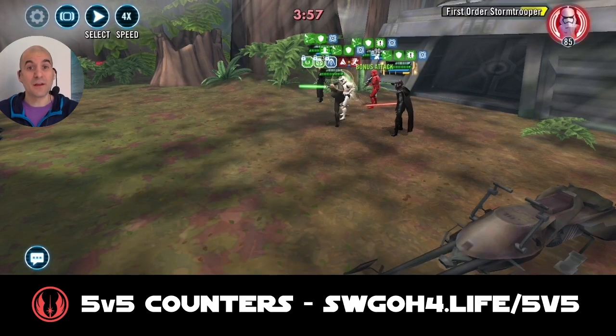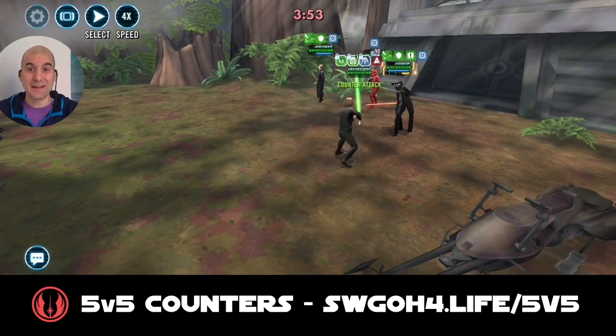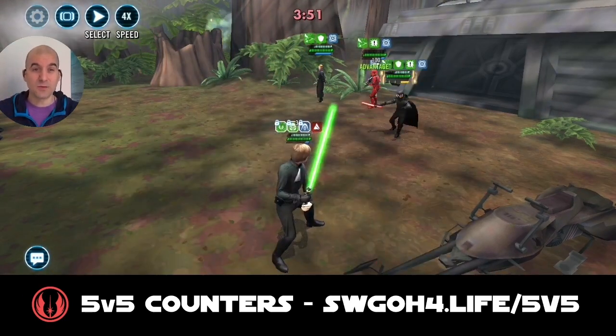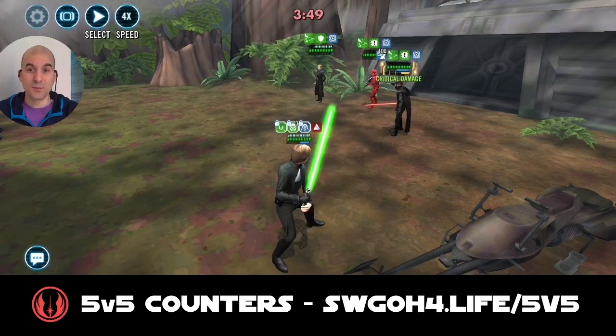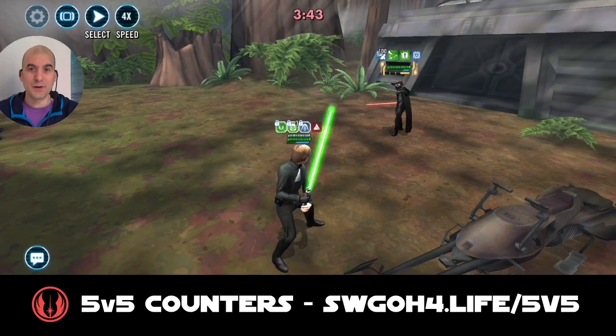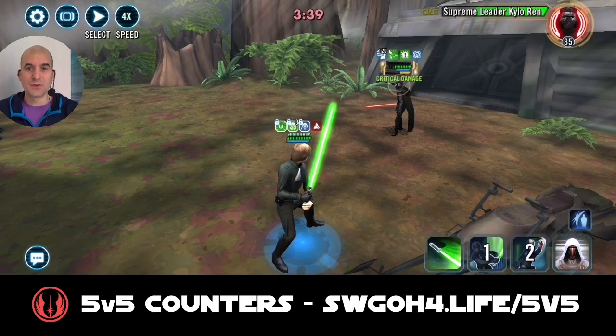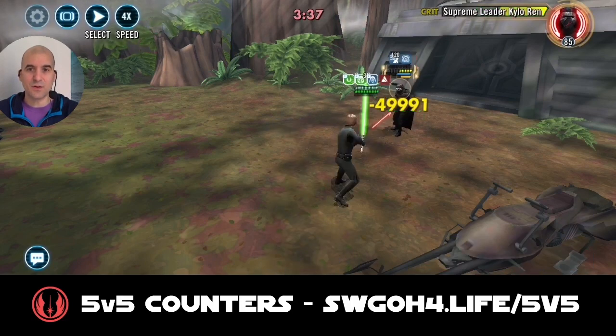If that would be Relic 5, he would probably already be gone. So probably against some of the not maxed out Supreme Leader Kylo Ren teams, this will be even more straightforward. But anyway, there goes Hux. There goes Sith Trooper. Now here in a 1v1 situation, sometimes it could get a little bit dicey just because